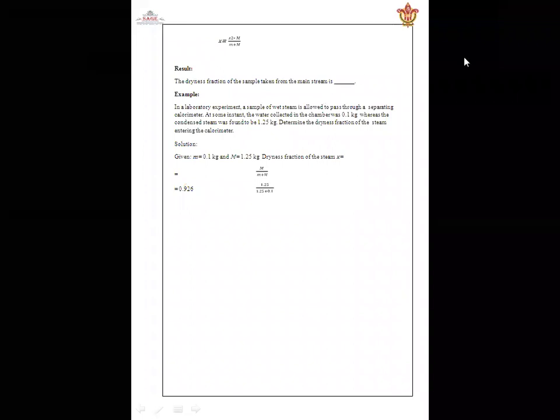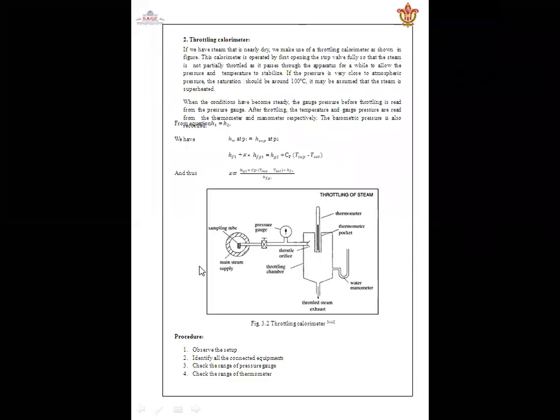And move to the next slide, which is called the throttling calorimeter. In the throttling calorimeter, the sample of steam passes through a tube going into the calorimeter, in which the throttling device is installed here, and a thermometer is present there, where the steam temperature will be measured. After passing through the tubes, the steam will be collected at the bottom side after the expansion. That is called a throttling calorimeter.